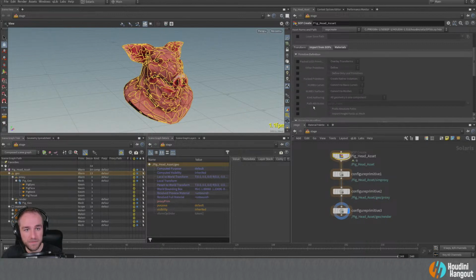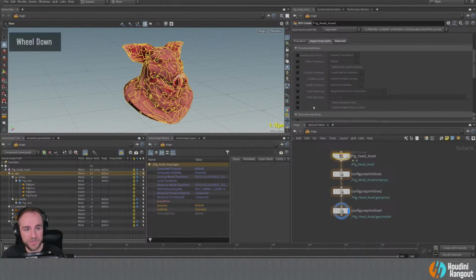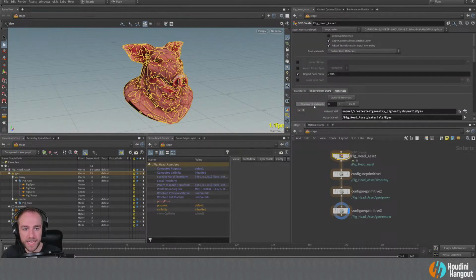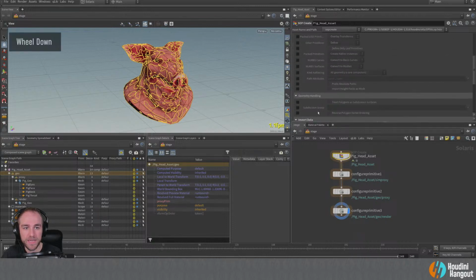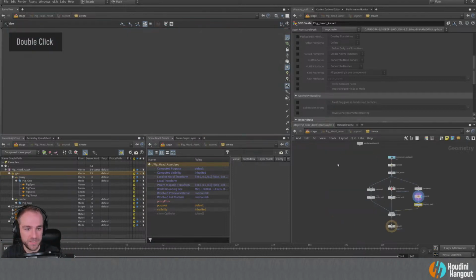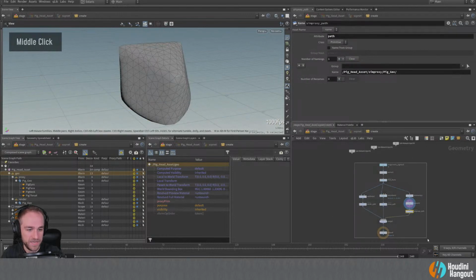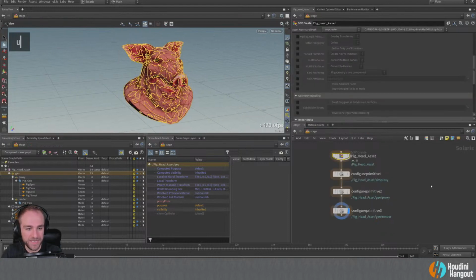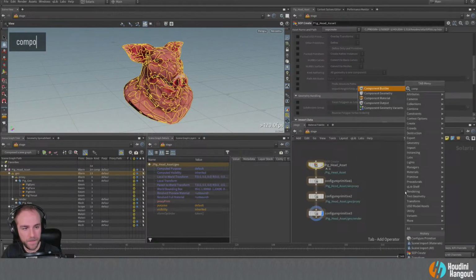And so here, I would have to, oh, that's right, I can't even set that here. I would have to have created those ahead of time and done a whole bunch of different things. It's not the simplest thing in the world to just spit out a nicely hierarchical model and everything. So I'm going to make sure I've got this copied again. We'll copy this, and instead of using this, let's do component builder.